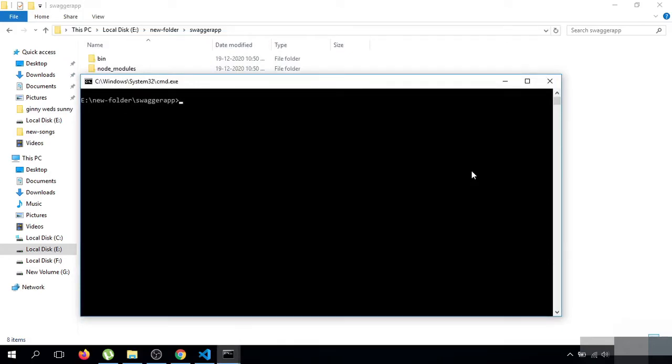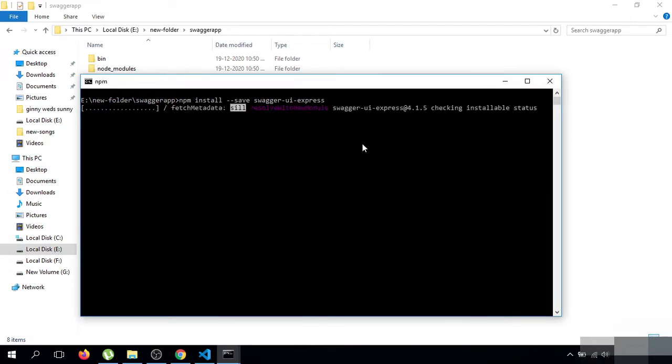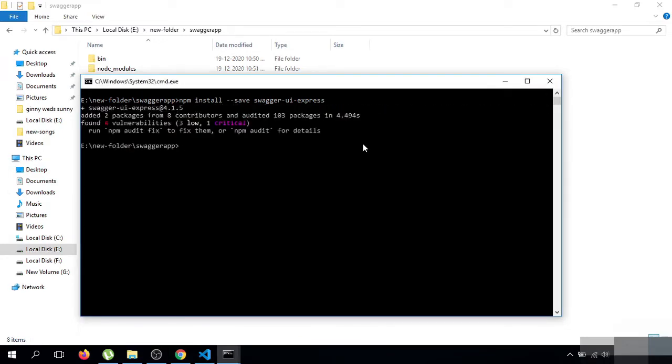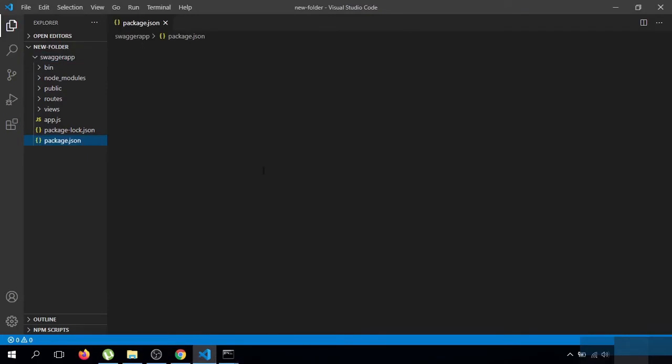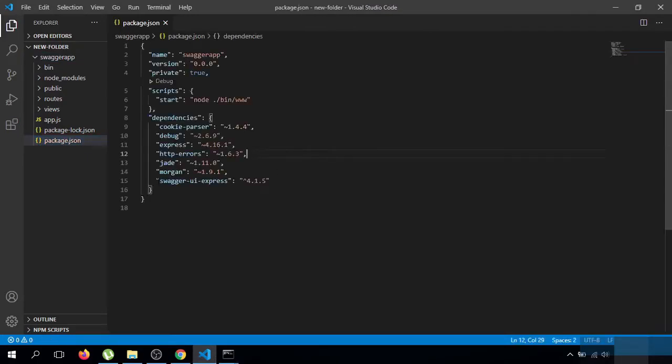For Node.js, I will install Swagger UI Express package. You can see that our package has been installed and added in our package JSON. This one.